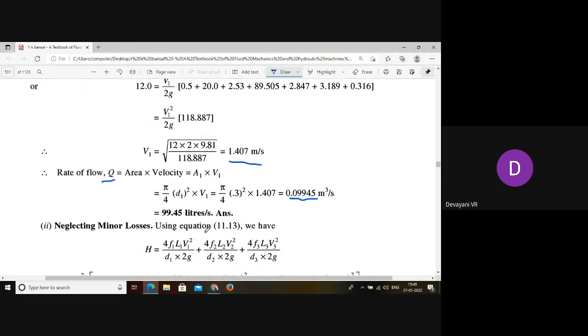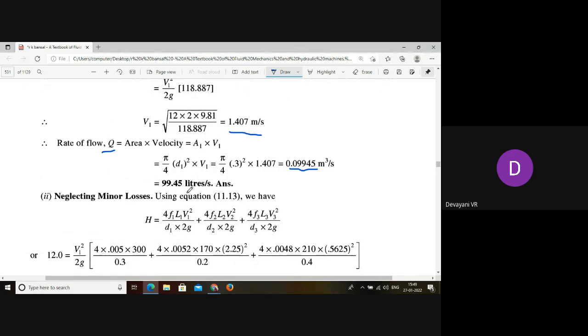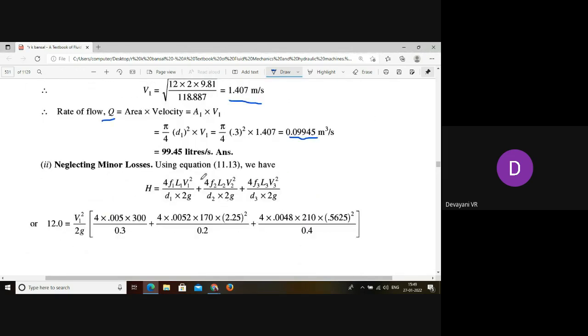Okay guys, now neglecting the minor losses. So by neglecting the minor losses, we can get only in terms of friction, head loss due to friction at the first pipe, head loss due to friction at second pipe, and head loss due to friction at the third pipe. So here